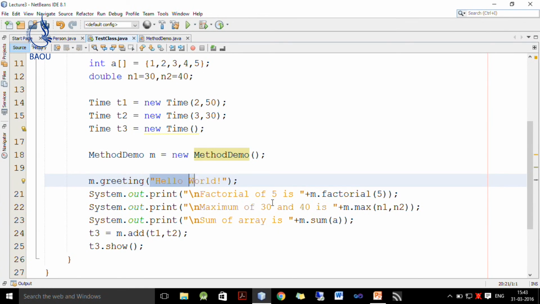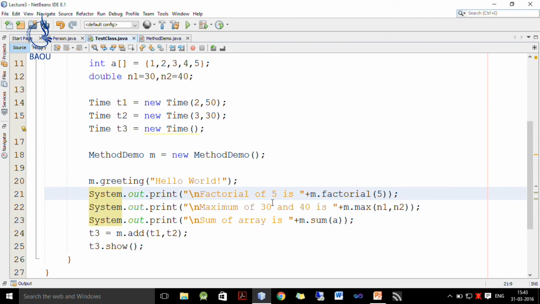Remember this is our argument, hello world. So, m.greeting will print hello world. Next I want to print the factorial of 5. So, I write "factorial of 5 is", and then I call m.factorial with argument 5. It will return 120, which is displayed here. So, it will print factorial of 5 is 120.